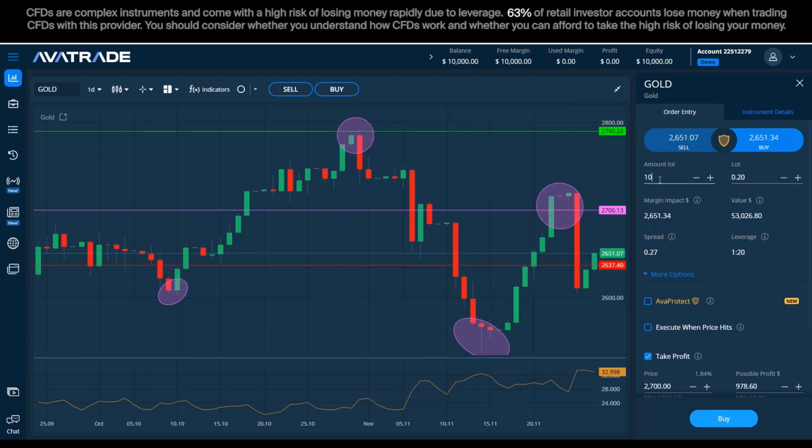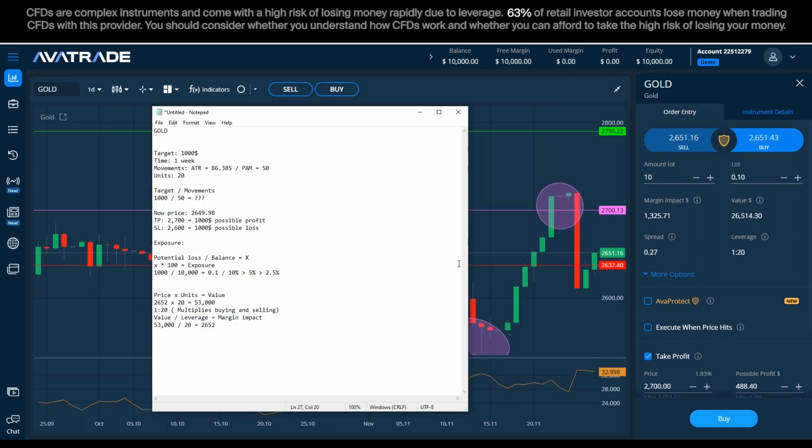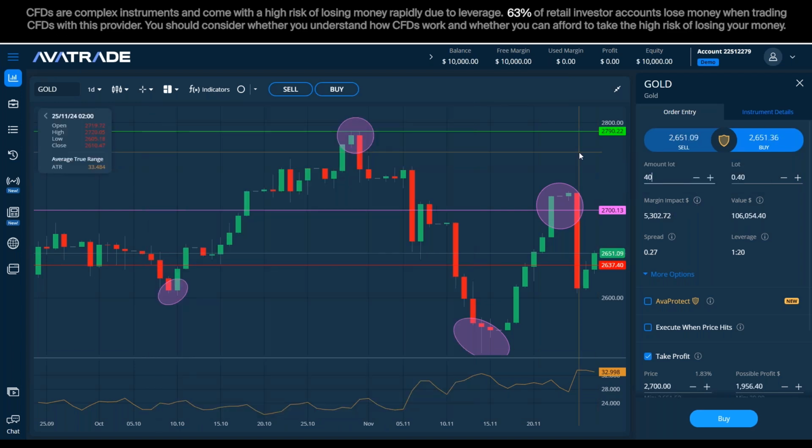But this could be just as much, let's say 10. And then the margin impact will be half. This would have been 40, so this would be double the price. It will always be compared to the leverage. Value divided by leverage equals margin impact.